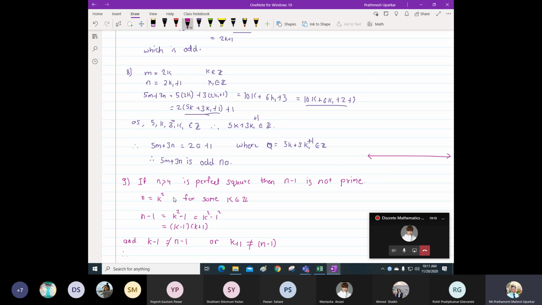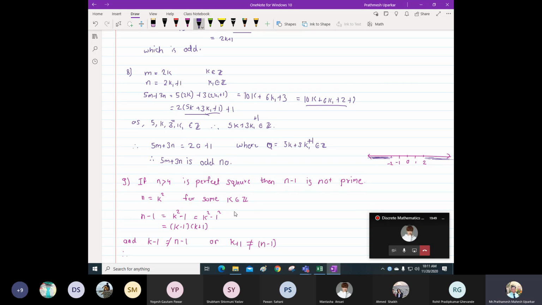When I write n is greater than 4 is a perfect square, here there will be 0, 1, 2, and here on this side -1, -2. So the k that I am taking, the k value lies on this side, that is, in the negative side k value lies on this side, and in the positive side k value lies on this side. So when I take k minus 1, I will always fall